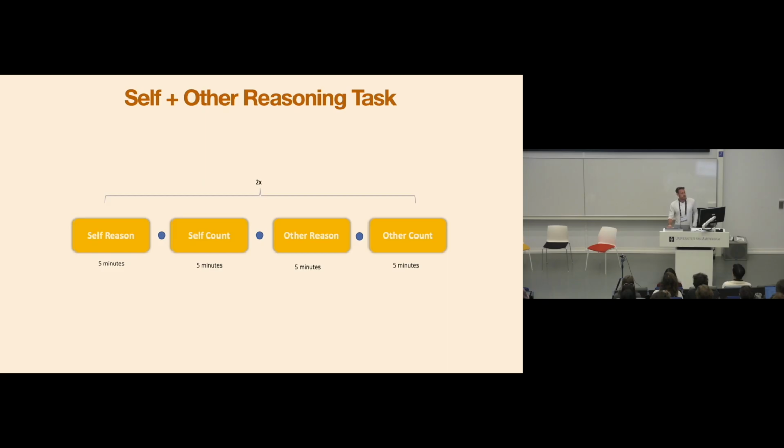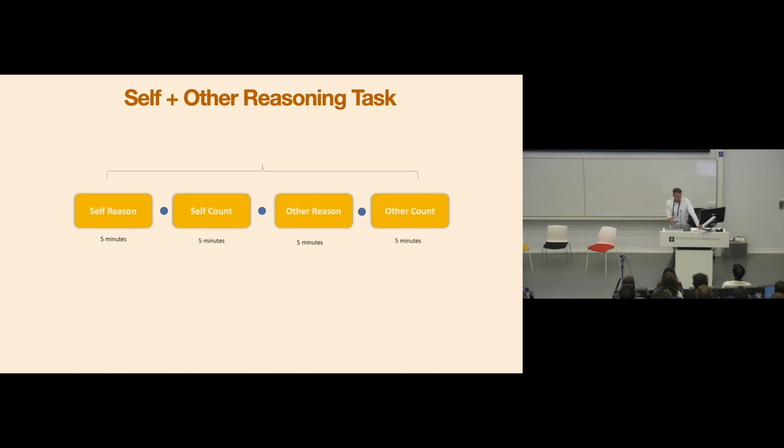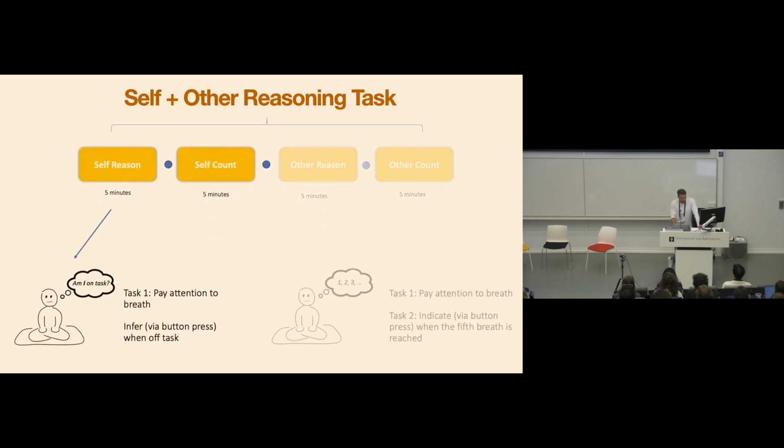Okay, so we created this novel fMRI paradigm, which consisted of 4 conditions. 2 conditions involved just the self, and 2 conditions involved another actor. In the self-reason task, we essentially asked participants to meditate. So we had them pay attention to the rhythmic sensation of their breath and reason about whether or not they were on task. So this involved using the attention cues available from introspection to infer if their current mental state was consistent with their definition of on task. And if they noticed their attention had lapsed, they pressed a button denoting this event